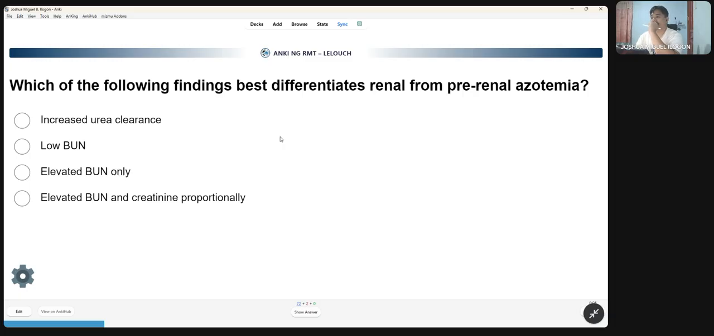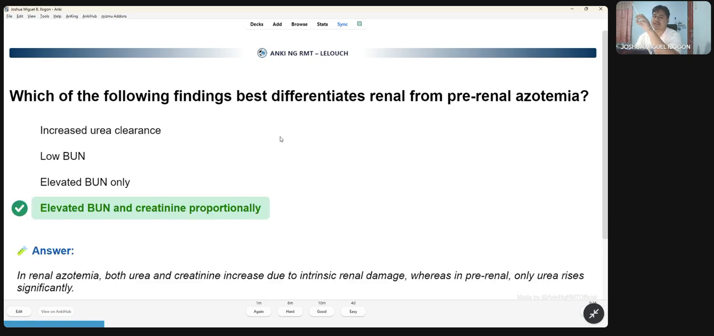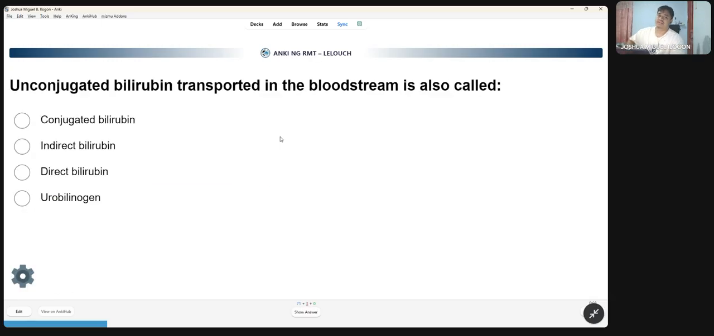Renal from pre-renal. Renal is elevated BUN and creatinine. Because in pre-renal, BUN is increased and creatinine is normal. The other way around is post-renal. Although BUN is still increased, the creatinine is greatly increased. Double arrows signify